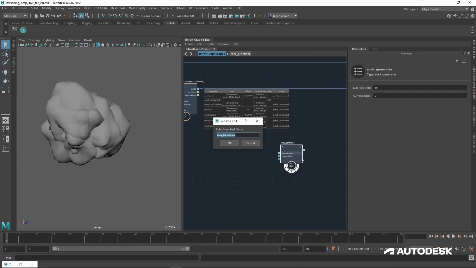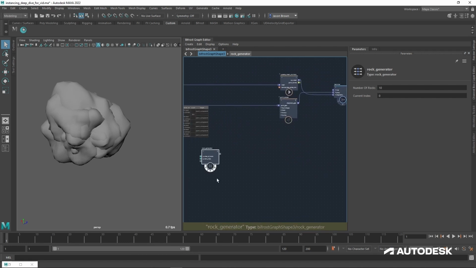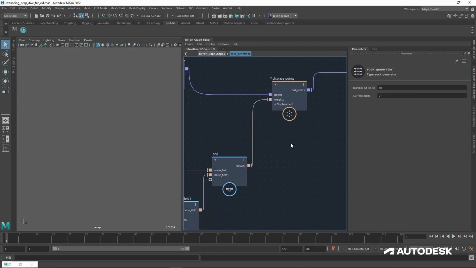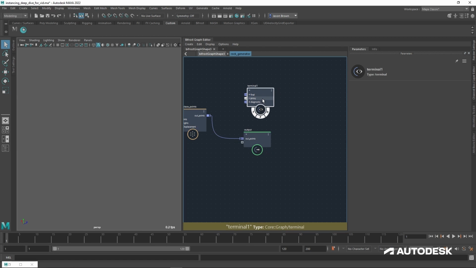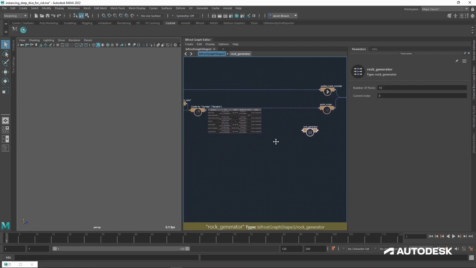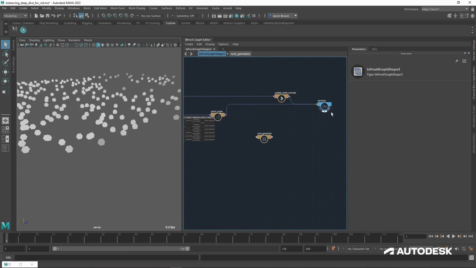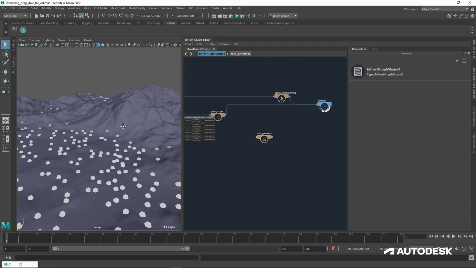Be a bit kind to ourselves and change this to something like number of rocks. All good. Let's just turn this terminal off for now. Make sure that this is going to the output now that we've had a look at it. Delete the terminal. So what we're going to do, turn these guys back on. So there are the points. They've still got my nice colours on them. Remember, all of the high ones have been deleted.